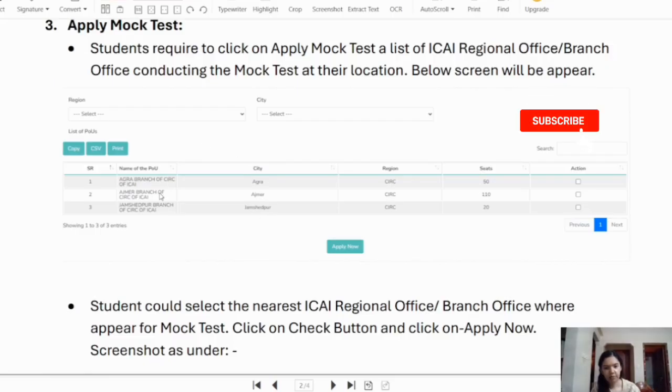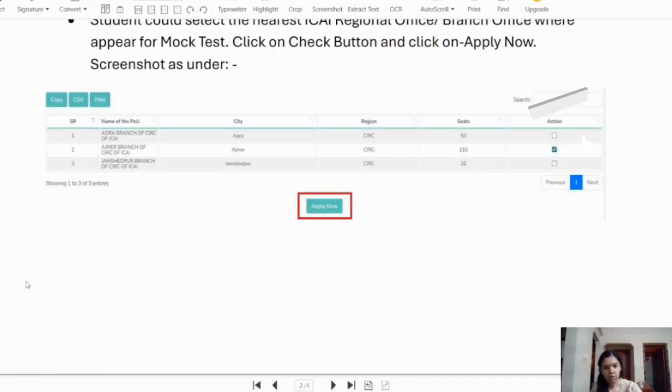Out of this, whichever is near your residence, you can select that. In this action column, you will have to click this and then select. Suppose you want to select this Ajmer branch of CIRC of ICAI. Just click on this. You can see here the number of seats available also. And then you have to just click on apply now. This way you will be able to apply for the mock test.